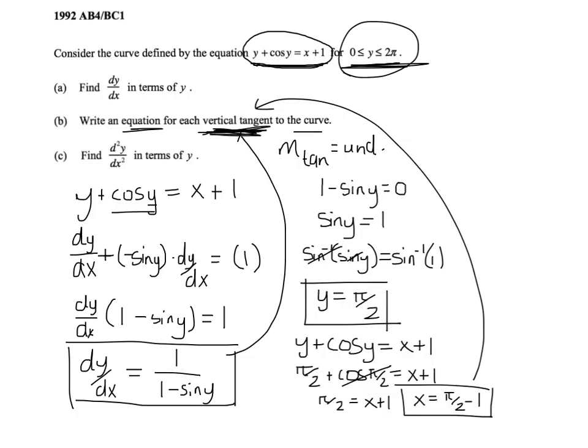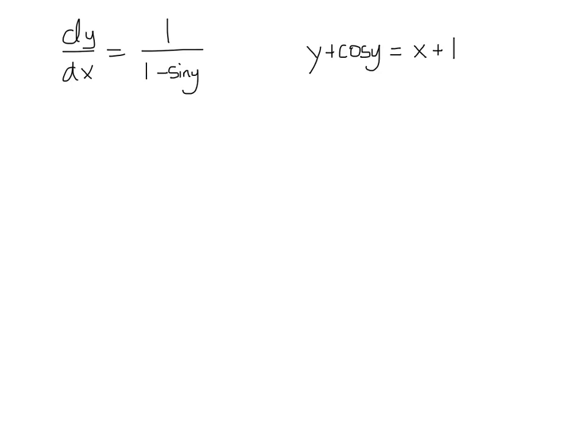So now the last thing asked to do is to find the second derivative. So I really need another page for this. So I'm going to take it to another slide. And remember, the derivative was this, and the original function was this. So if I want to find the second derivative, d squared y over dx squared, probably what I'd do to avoid quotient rule is I'd move this to the top, like this,